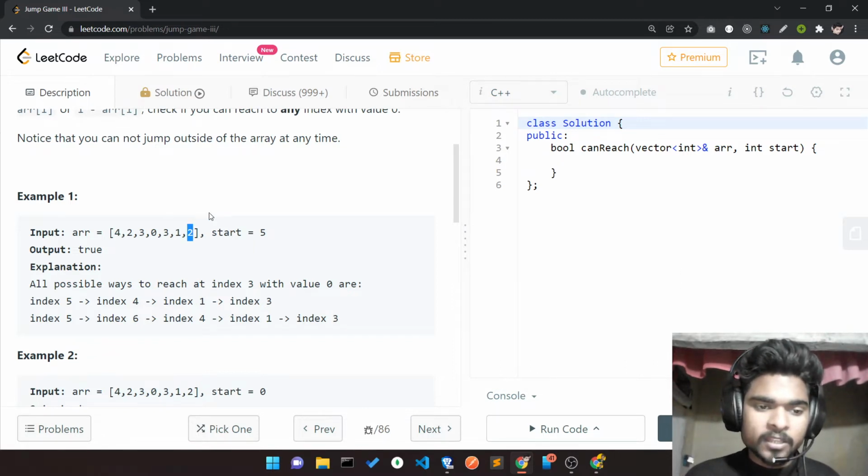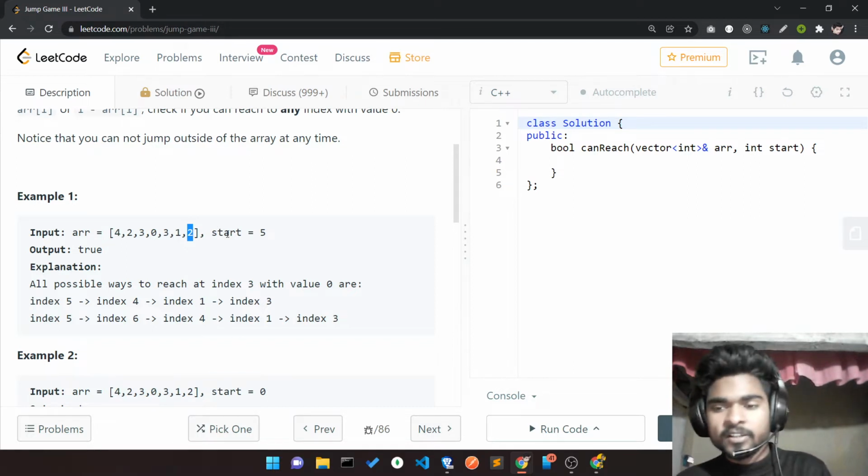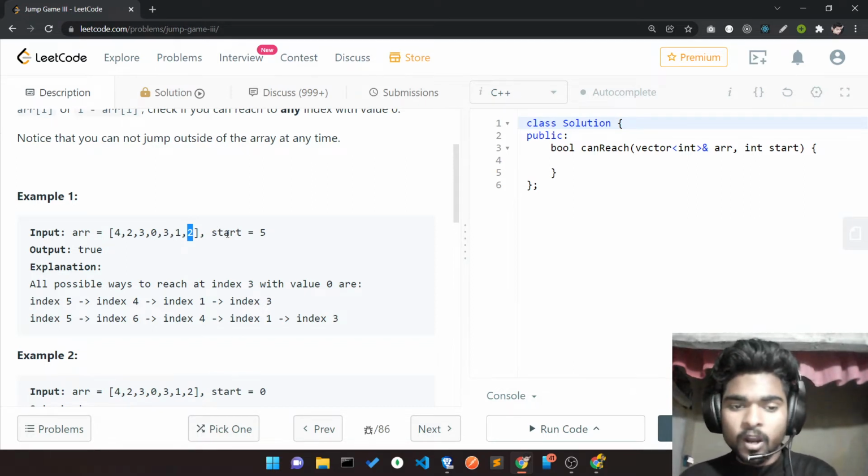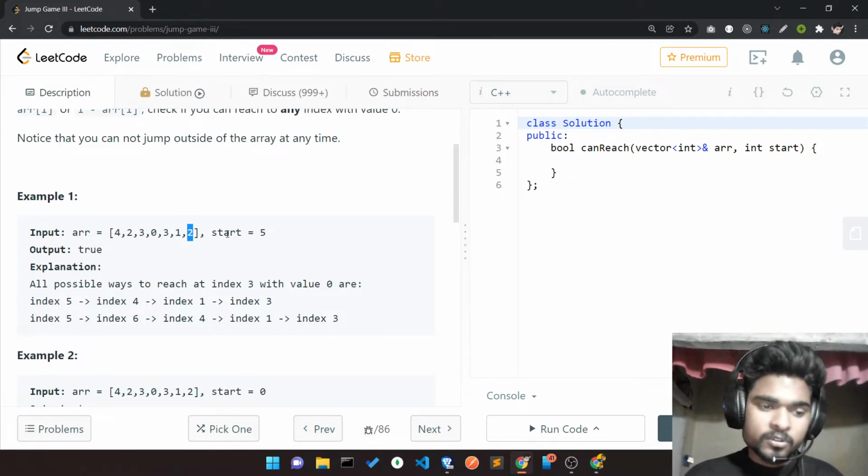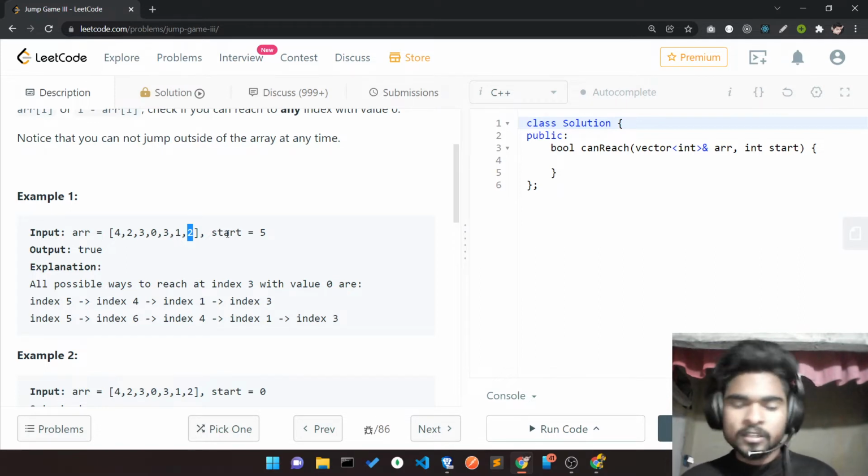But if I go here, it's out of bound. Whenever I find a case of being out of bounds, I'll just return false, because I can't go beyond that. If I do, it gives me an error.